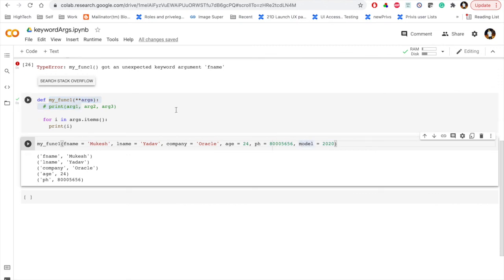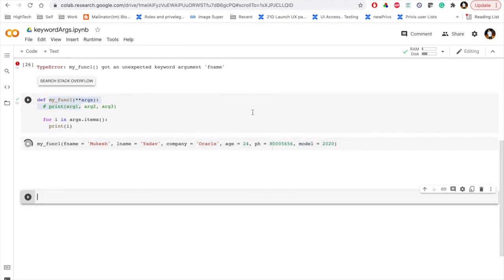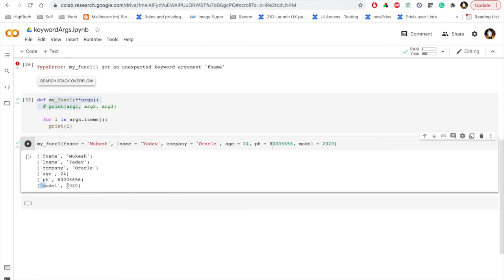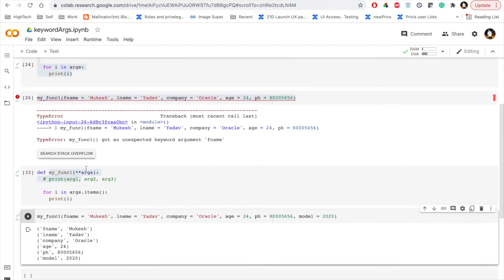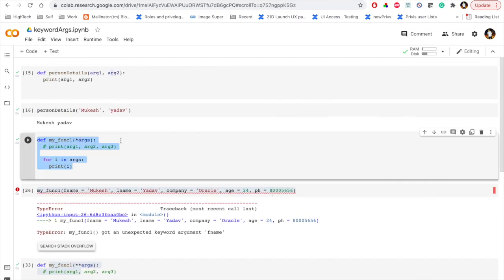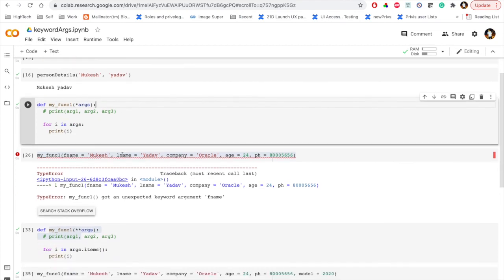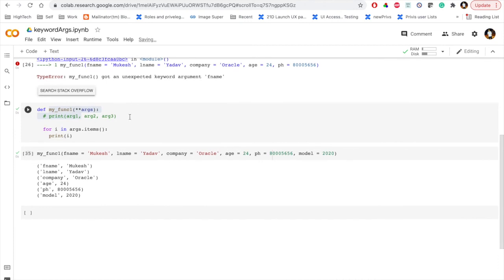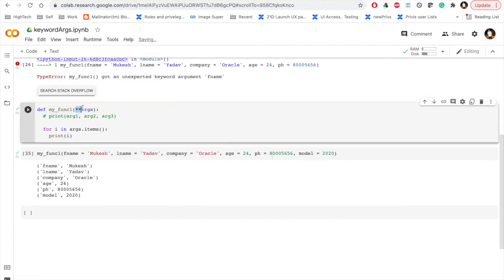If that function accepts keyword arguments, then if you run this function again, you will see model equals 2020. This is very important, guys. You need to understand this keyword argument as well as the non-keyword argument, that is star argument. In the star arguments you can match, but you can't provide the keyword argument while calling the function. But this is the advantage of keyword argument over non-keyword argument.